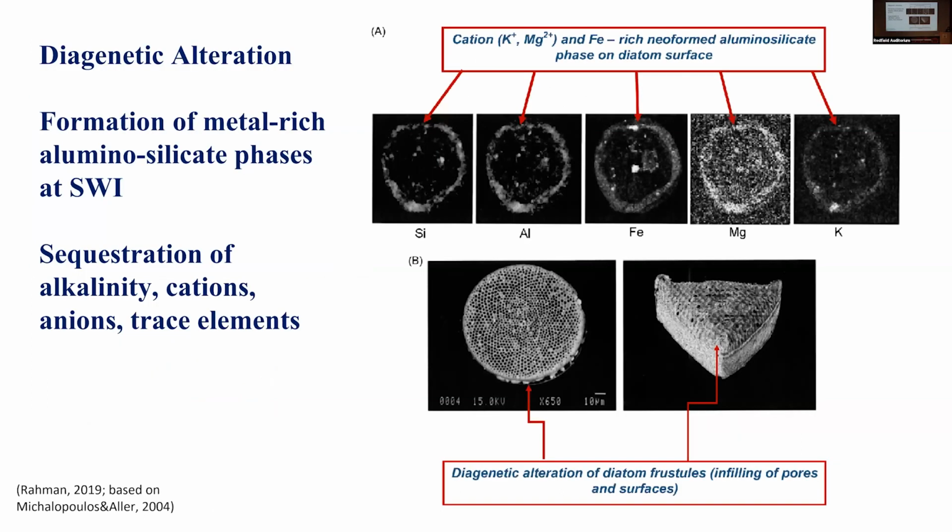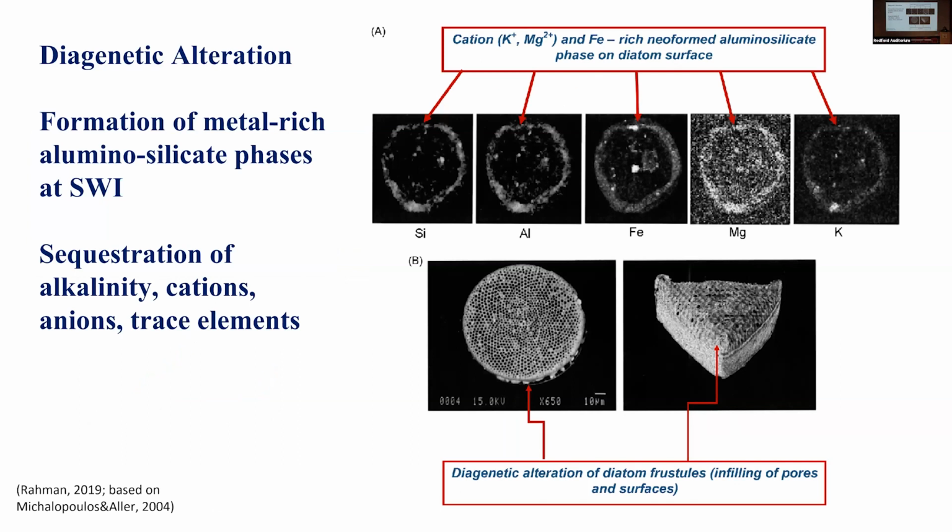Why are they different? Well, if you pull out some of these frustules and take a look, you can see that they undergo diagenetic alteration. What seems to be happening in a lot of deltas is that they form these metal-rich, amorphous aluminosilicate phases at sediment-water interfaces on the surface of these frustules. These reactions sequester alkalinity, cations, anions, and trace elements. Indeed, this might be one of the only sinks for potassium in the ocean,